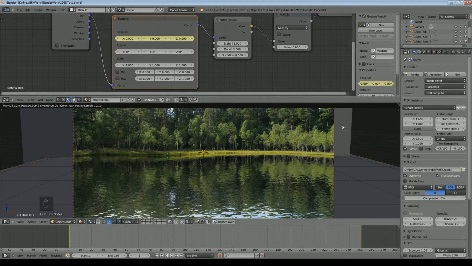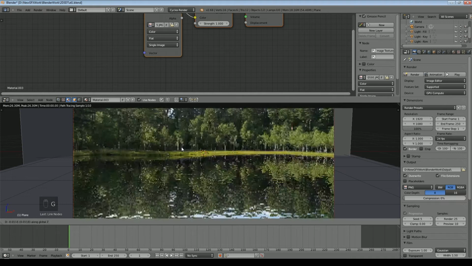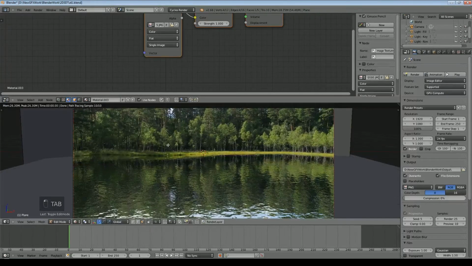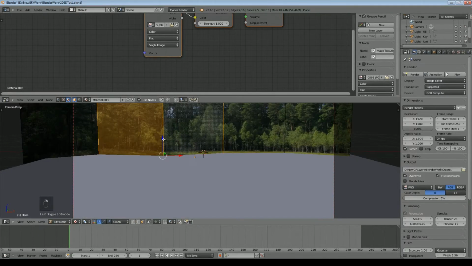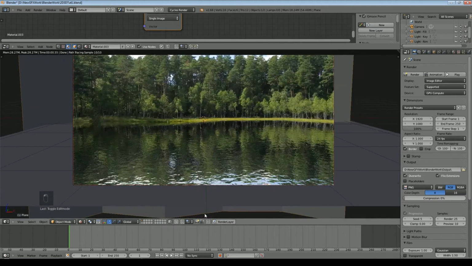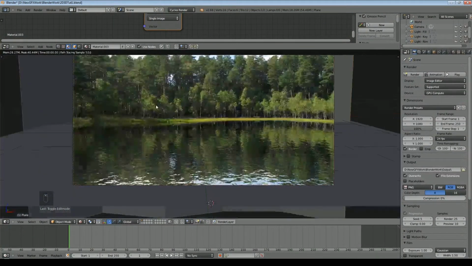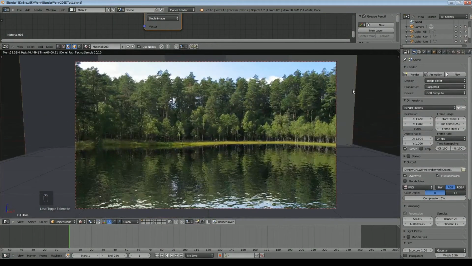And what we might also do, I've just selected the plane in the background, G, Z, and I'm now going to just lower it a little bit, go into edit mode and select those two, and perhaps just lower those two a little bit, back into rendered mode. And that's beginning to look much more realistic now. I think you'll agree with me in terms of simulating a surface of water with a sunny tree filled background. That comes pretty close. So we've got our scene created.